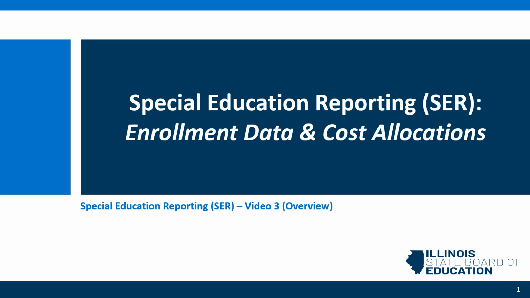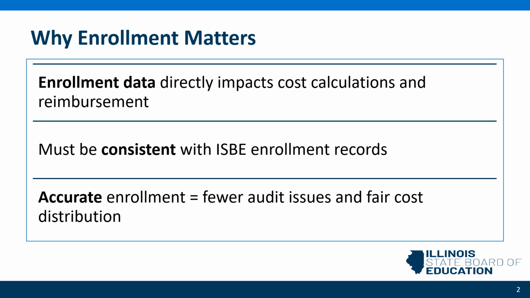In this series overview, we'll discuss the importance of enrollment data and review how to allocate shared costs to your special education programs. By the end, you'll understand conceptual reasons behind collecting accurate enrollment figures and choosing equitable cost allocation methods. Why enrollment matters. Reported enrollment data directly affects your reimbursement rates and the validity of your special education reporting